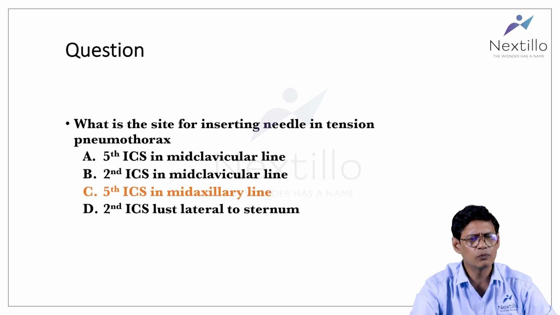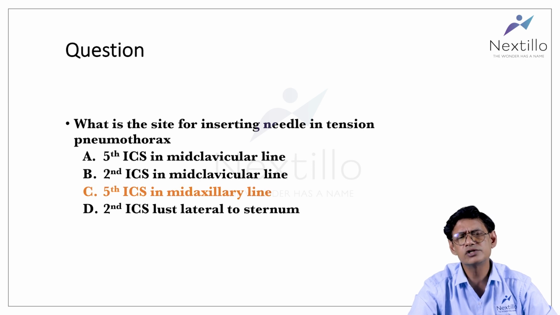In the past, the emergency management guidelines were that the pneumothorax is to be drained by the insertion of a valved needle in the second intercostal space in the mid-clavicular line. But this has been changed now. In adults now, the emergency management of pneumothorax is to insert the needle in the fourth or the fifth intercostal space in the mid-axillary line. So remember this, that this is a change.